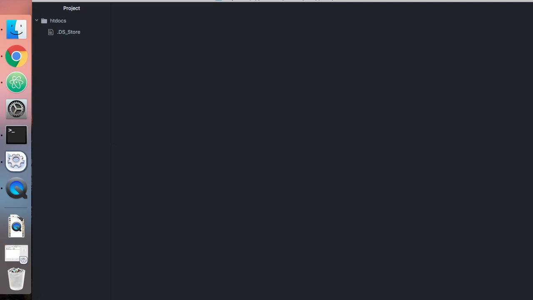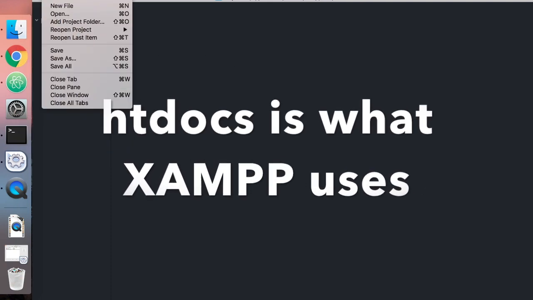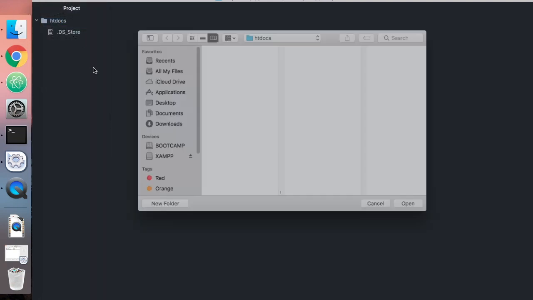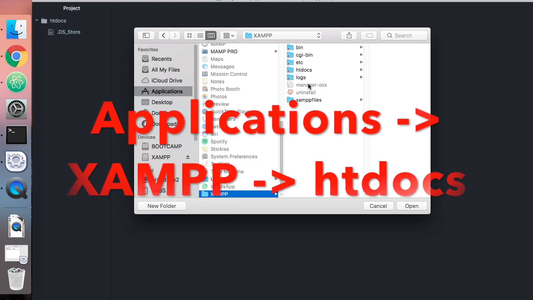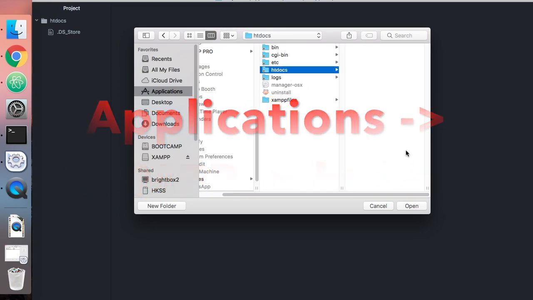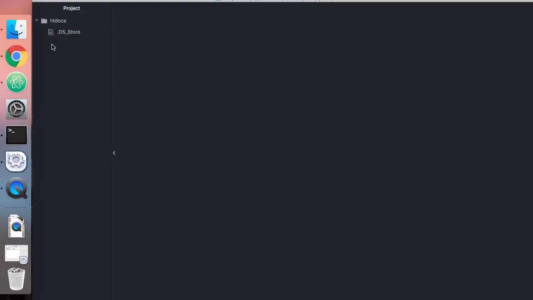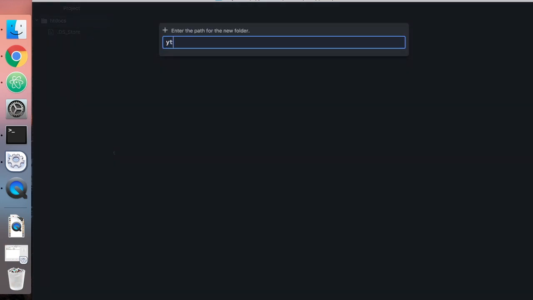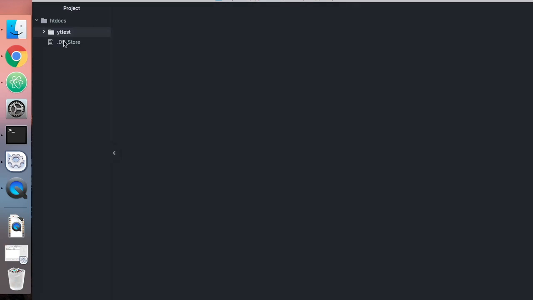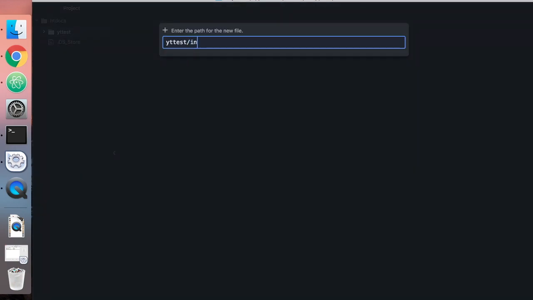My one is Atom. File, add project folder. So applications, XAMPP, and then you'll see htdocs there, and you can just open that. I've already got it open. We want to make a new folder in that. I'm just going to call it yttest. Then I want to make a new file in that. I'm going to call it index.php,